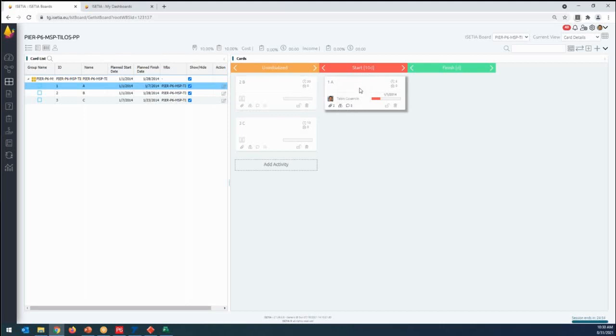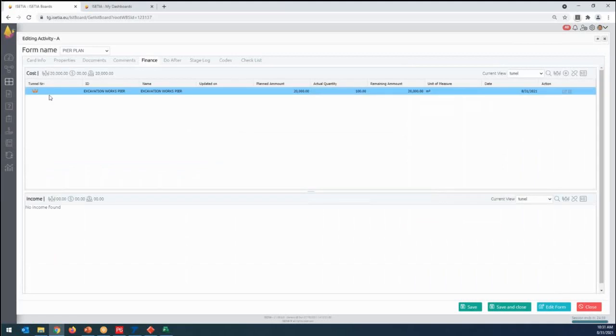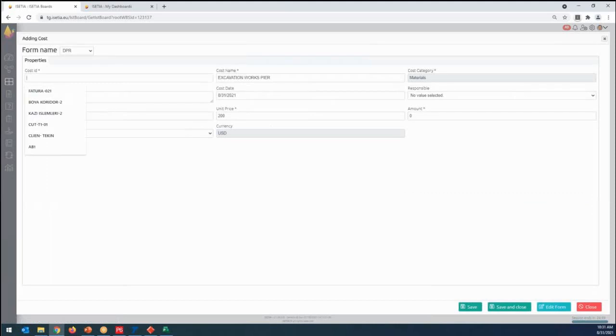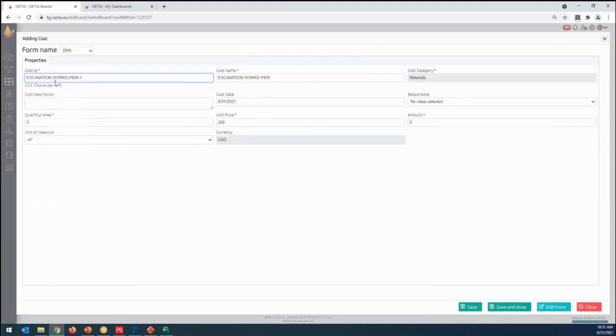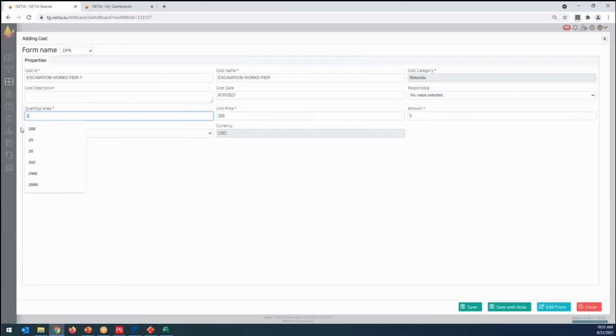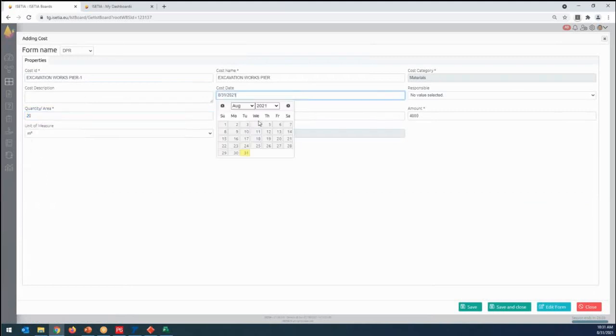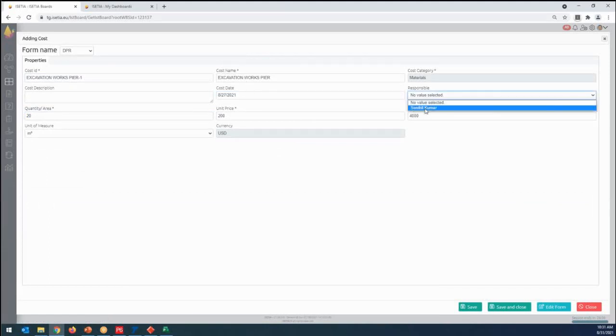But what about, I would like to enter here also EOQ update. So if the person is here or coming and updating, not physical percent complete, also material use. Okay, excavation works, we have 100 cubic meters planned. And you are entering here the first progress. I'm just saying that we did 20 on the date of 27 of August. A responsible person is Senthil Kumar, and here we just save and close.